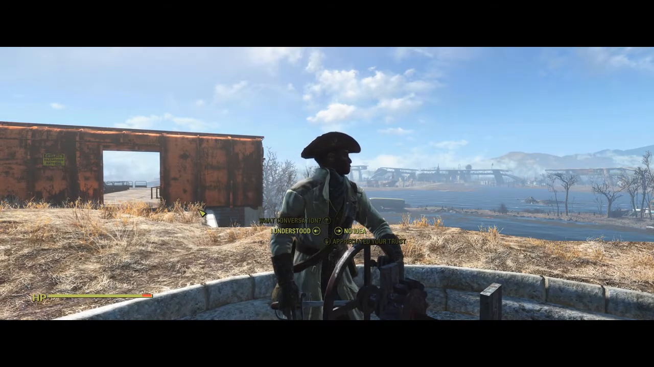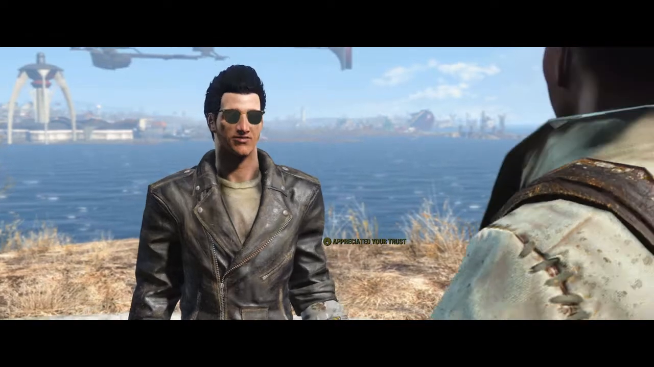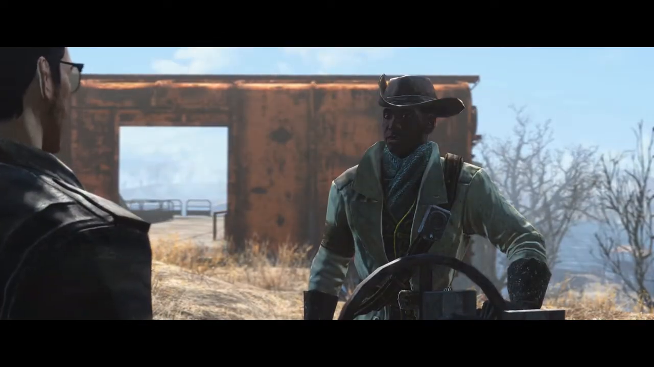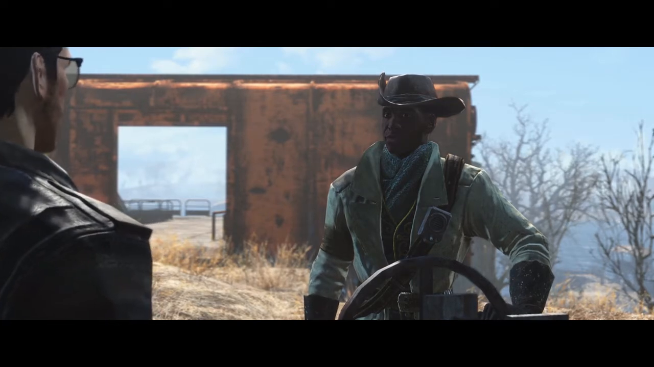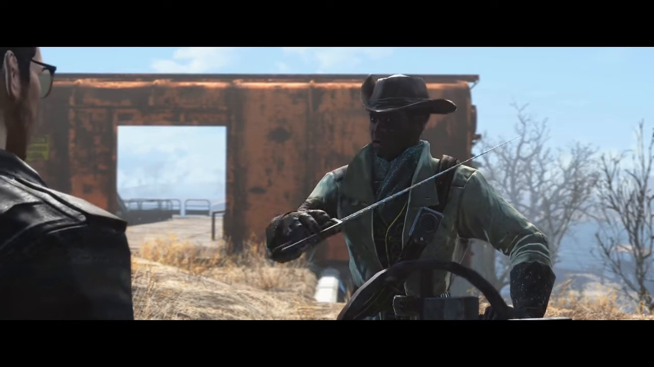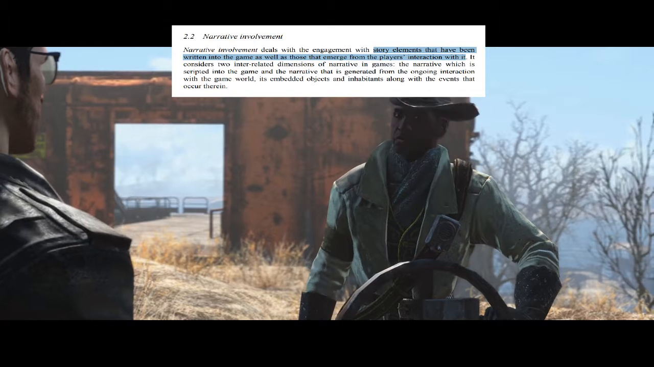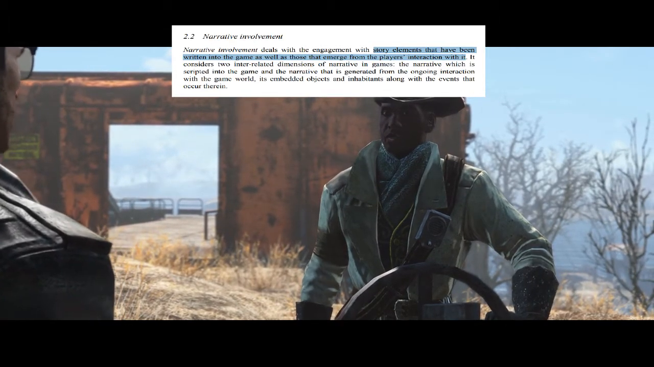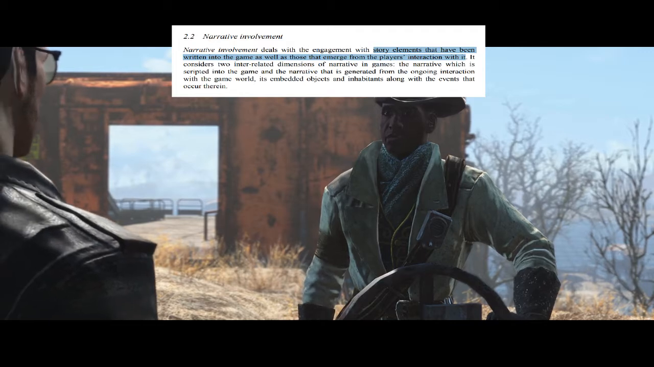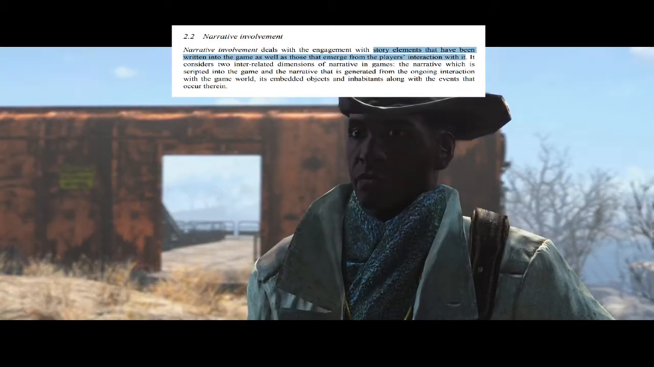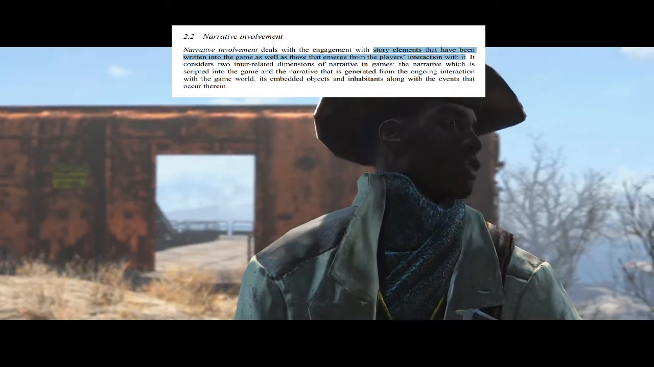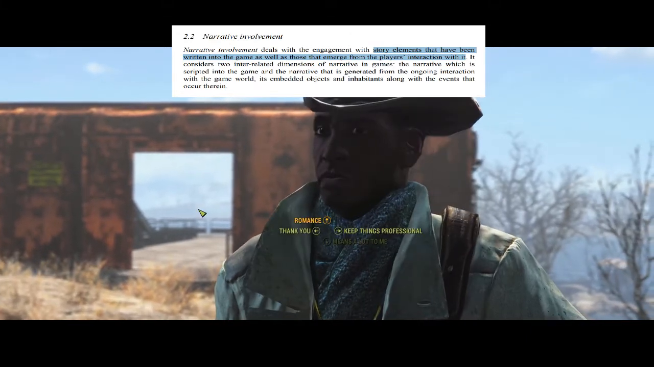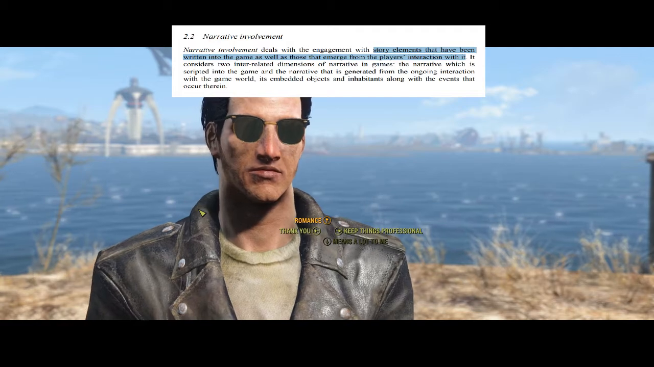The first two involvement models we're going to talk about are narrative involvement and ludic involvement, which, despite being very different, both involve player choice and interact with each other often. Narrative involvement is essentially the story elements of the game, so it's described by Calleja as the narrative which is scripted into the game and the narrative that is generated from the ongoing interaction with the game world. So in Fallout 4's case, one can be immersed in the game's story for macro reasons, so they're thinking about the story outside of playtime, and also micro reasons, so this is the dialogue or quests which decide where the